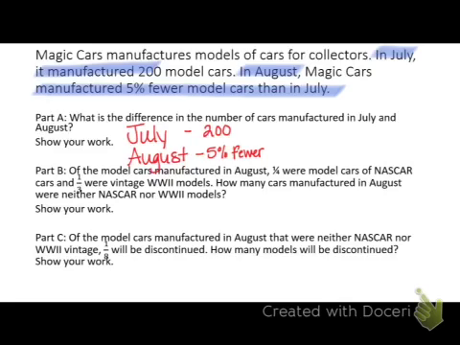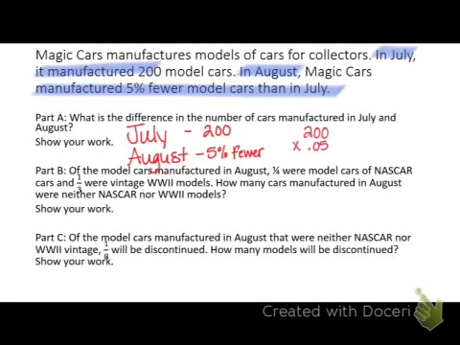Magic Cars manufactures models of cars for collectors. In July, it manufactured 200 model cars, and in August, Magic Cars manufactured 5% fewer model cars than in July. So in Part A, we're wanting to know what is the difference in the number of manufactured cars in July and August. If in July we manufactured 200 cars, and in August we manufactured 5% fewer, then 5% of 200